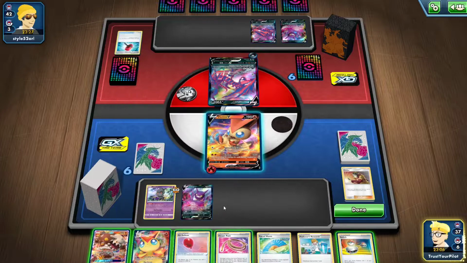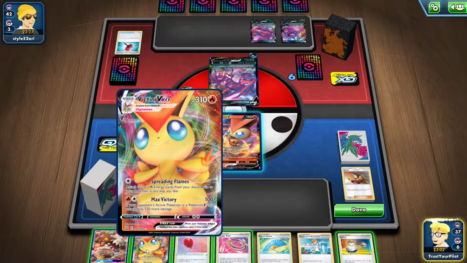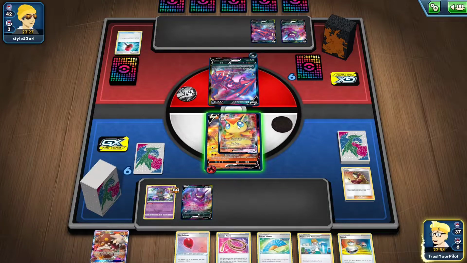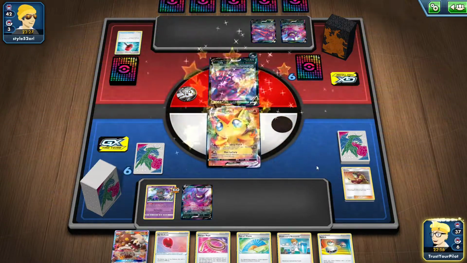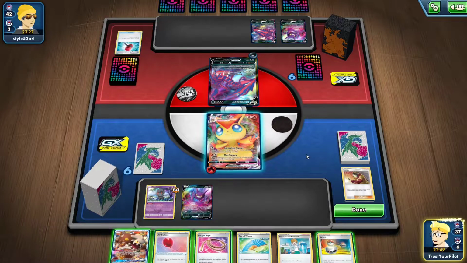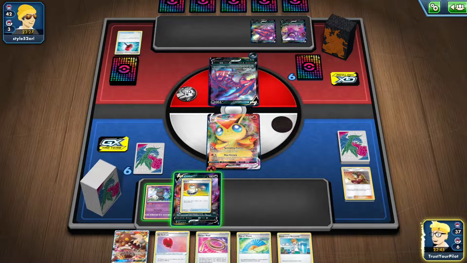I guess I just switch into the Marshadow. So I can't use that. I can't do that. That is just super unfortunate. I play 12 energy in the deck. I mean, I could Hot Burn for 50 damage. That doesn't seem great. If I let them take a prize card, that's bad. I think I just have to...